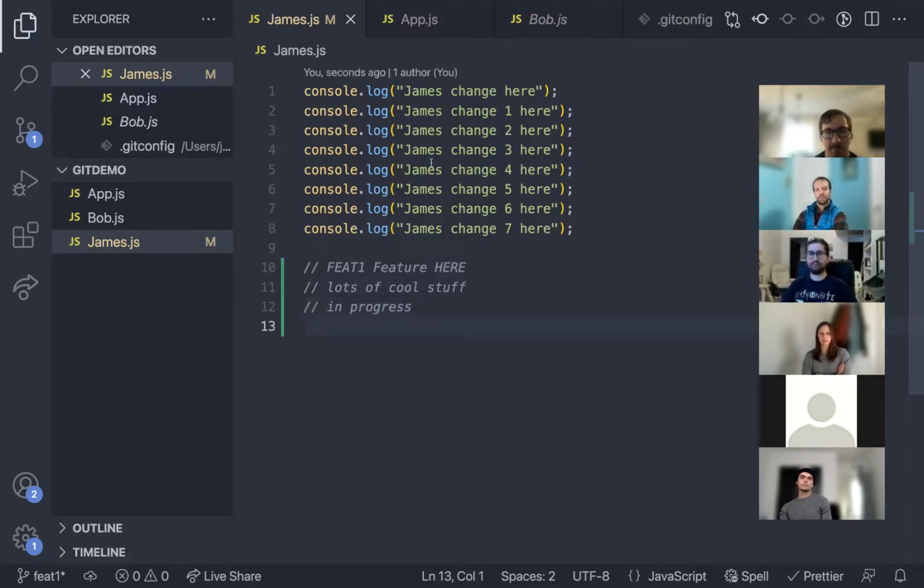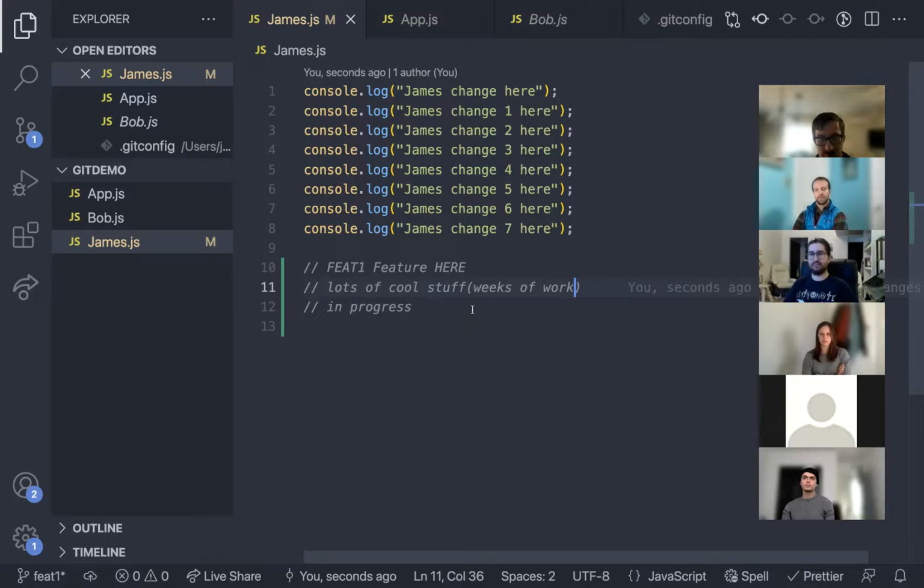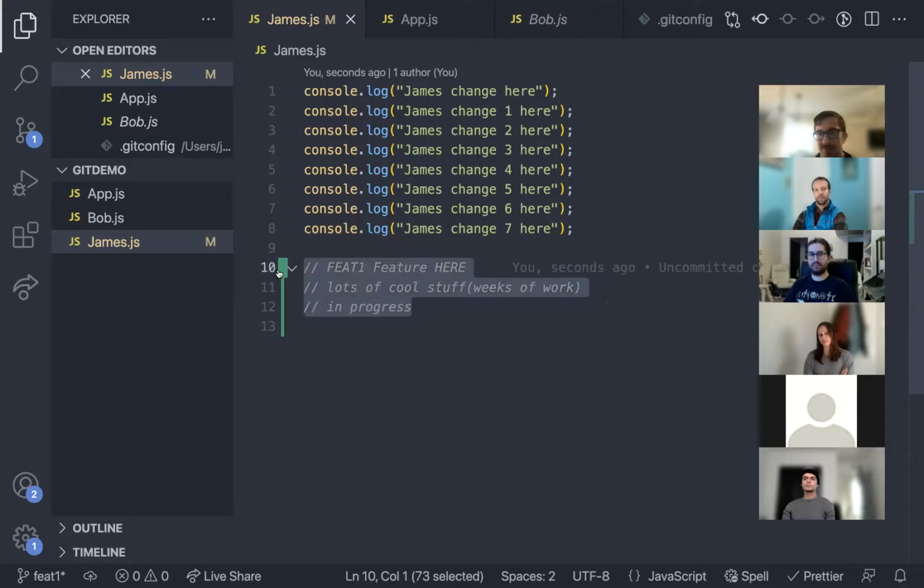So let's say in this James.js, I'm working on this feature one. There's lots of cool stuff going on in here, like weeks of work in this file. And what I need to do is, let's say there's a bug right here on line 8. So I need to change this line of code right away, but I'm still working on this feature and it's